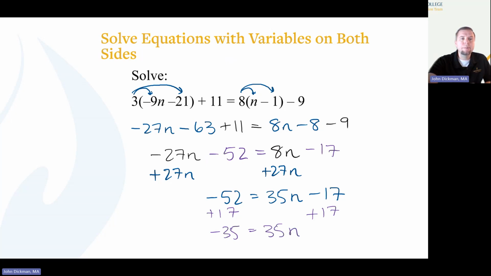And so now the last step is to get n by itself, is to divide by the 35 that's being multiplied. So dividing by 35 on both sides is my next step. So on the right side of the equation, I just have n. On the left side of the equation,